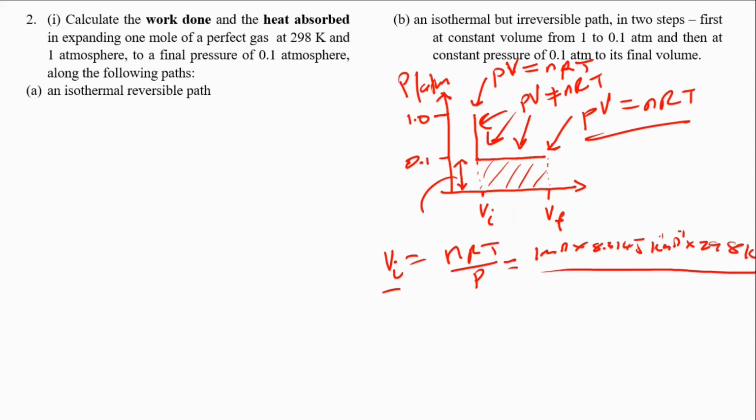Divide this by the pressure value, and we say the larger pressure value, which is 1 atmosphere. Okay, 1 atmosphere is the same thing as 101,325 pascals. Pascals is the same thing as newtons per square meter. When you work that out, you'll get that V initial is something like